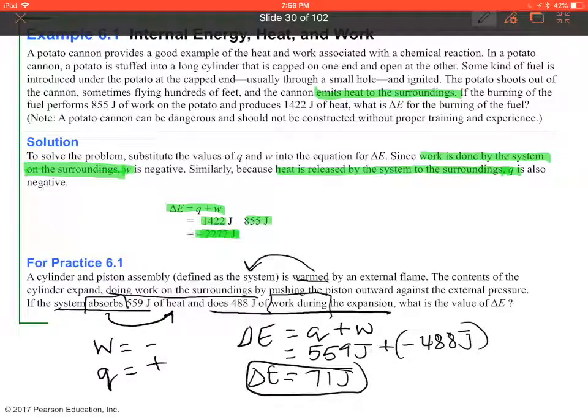Notice it's positive. That's because the amount of energy absorbed, or the Q, is